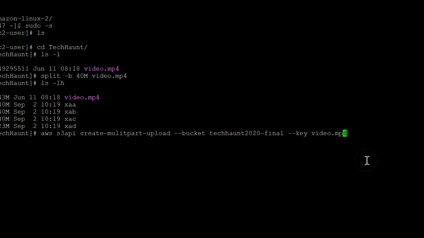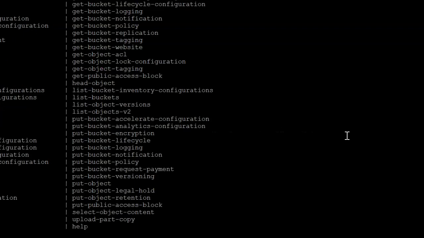I need to just erase it. Okay, and now hyphen key, then video.mp4. That's the whole syntax: AWS S3 API create-multipart-upload, hyphen bucket, then the bucket name, then hyphen key, and your video.mp4, whatever file name you are going to use here, and then hit enter.